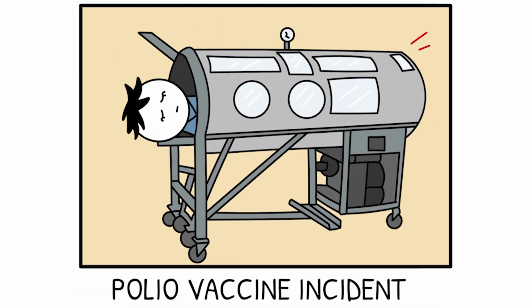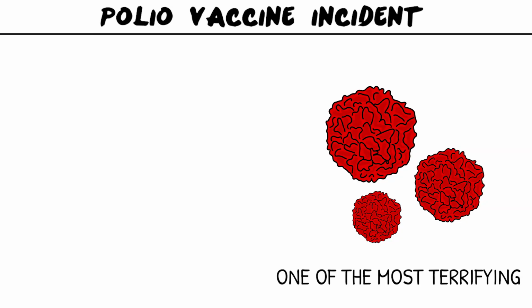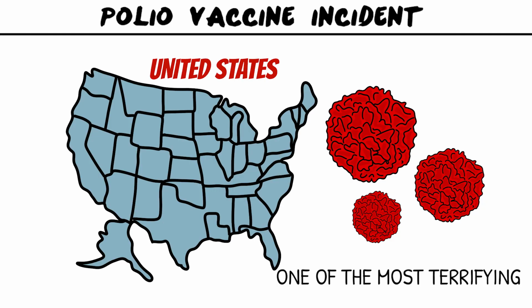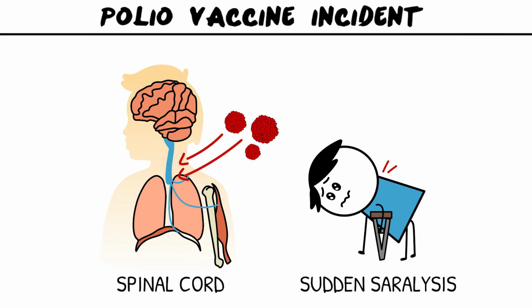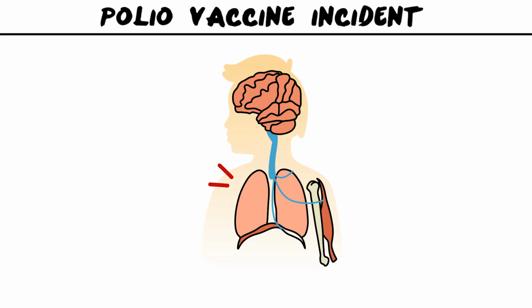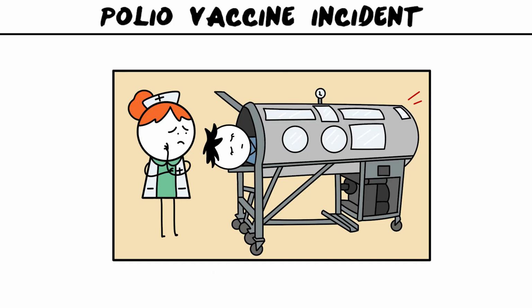Polio vaccine incident. In 1955, polio was considered one of the most terrifying diseases of that time, especially in the United States. This viral disease mainly targeted children and attacked the nervous system. The virus eventually reached the spinal cord and caused sudden paralysis. In the most severe cases, the respiratory muscles would fail, and the patient would need devices such as an iron